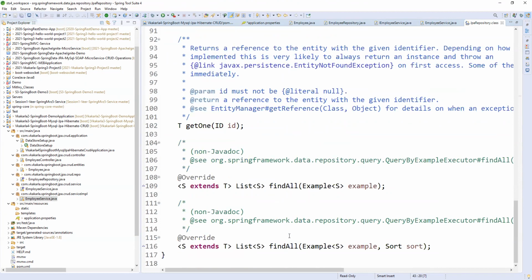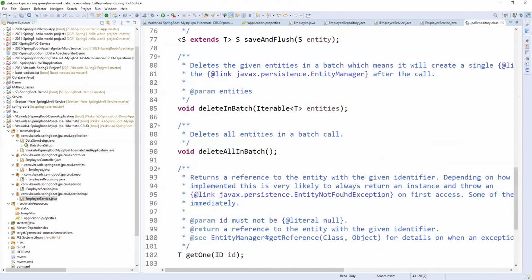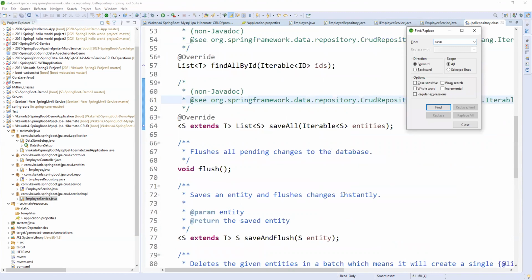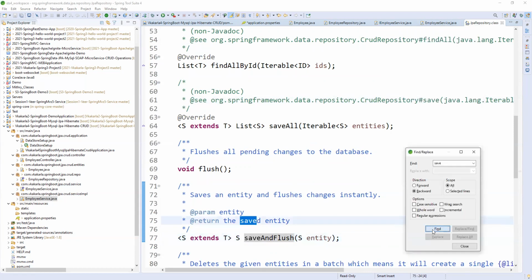Like that we have a save method also, saveAll.